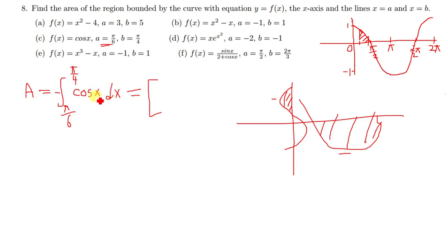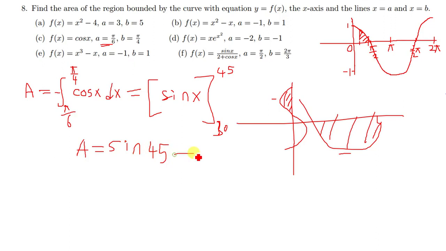So here it's just a matter of integrating that. So let us integrate cos x. Of course we'll get sine x. So when you put sine x there, we put our limits, which is, let me just write them in degree form, 45, and then we have 30 this side. So to find the area, we just say area is equal to sine 45 minus sine 30,